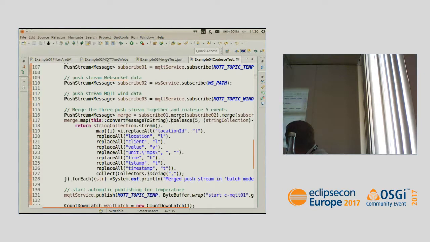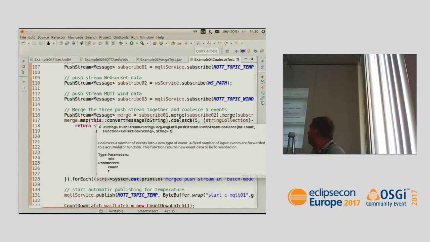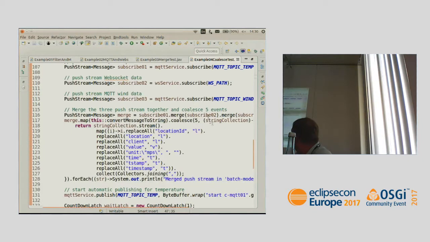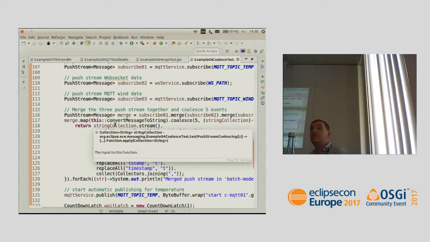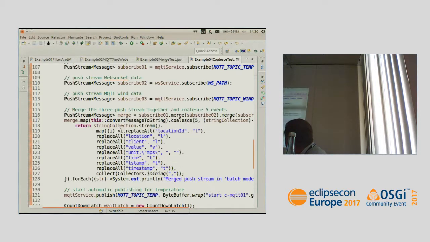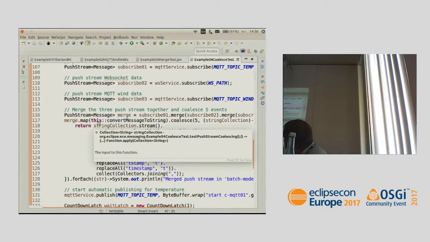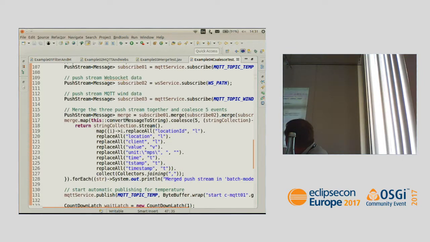But what we do, we say take 5 messages and put them together. What we get is a collection of objects. In our case, we get a collection of strings because in the mapping before, we converted the message object into a string. So what we get here is a collection of strings, and I do some replacement with them,